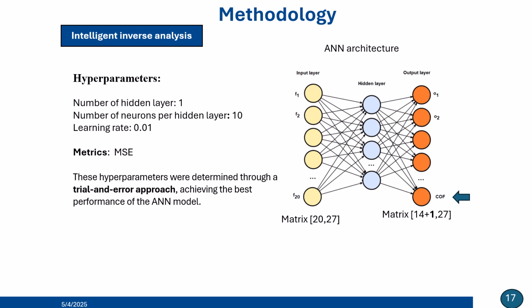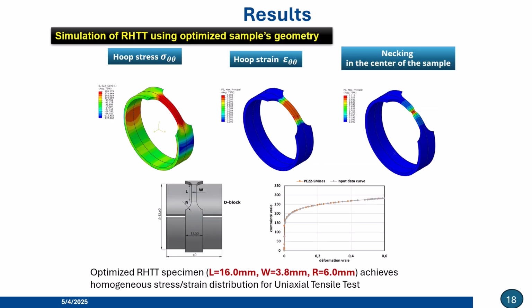The network takes discretized force displacement data points as input and outputs the 4 parameters we seek to identify: Y0, Kn, and the coefficient of friction. Now let's examine the key results obtained through this methodology. First, validating our